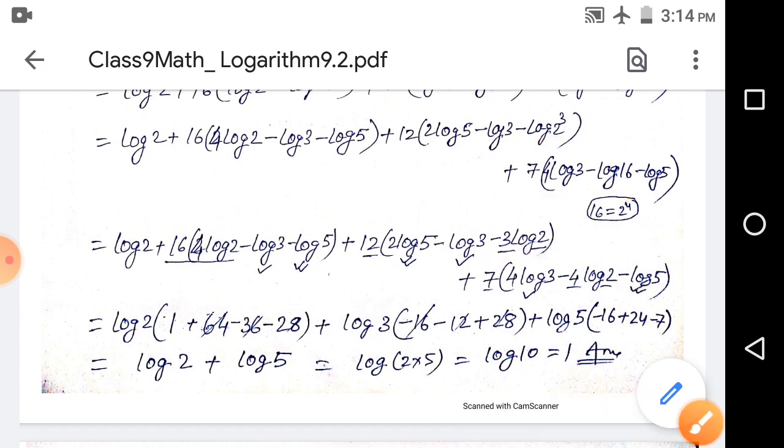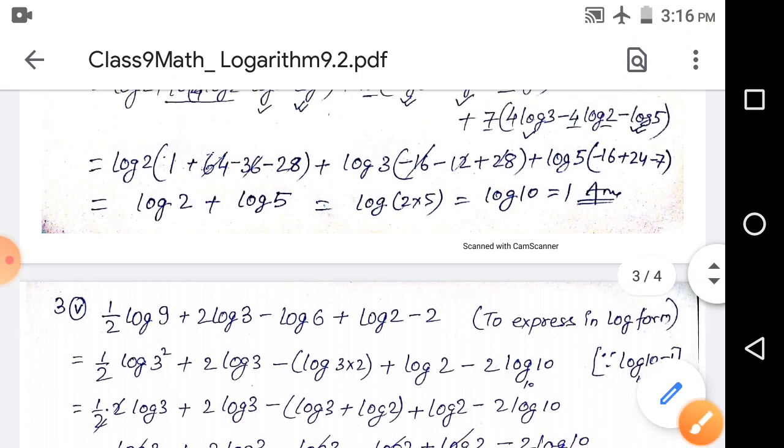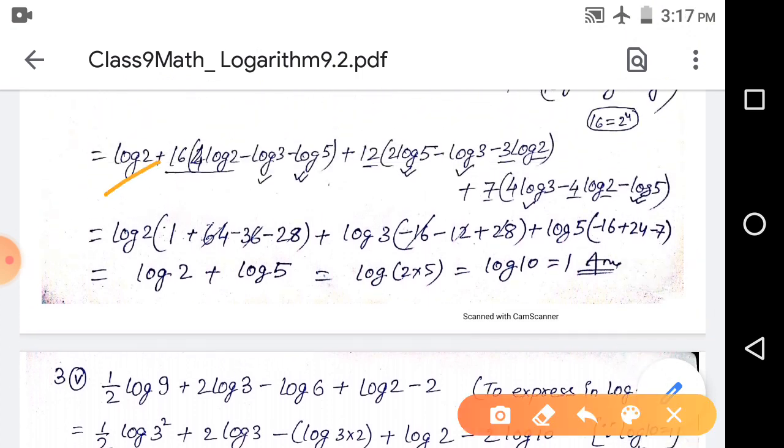Okay, now we have multiplied all those things. See what we have done here. The simple calculation is done here. We first have taken all the log 2's. Okay, all the log 2's. That means here we have log 2, log 2 is also here. See the underlined terms. See this one log 2 and this one is also log 2. So what can we take common? See this 16 with the 4. Okay, and here we have 1.